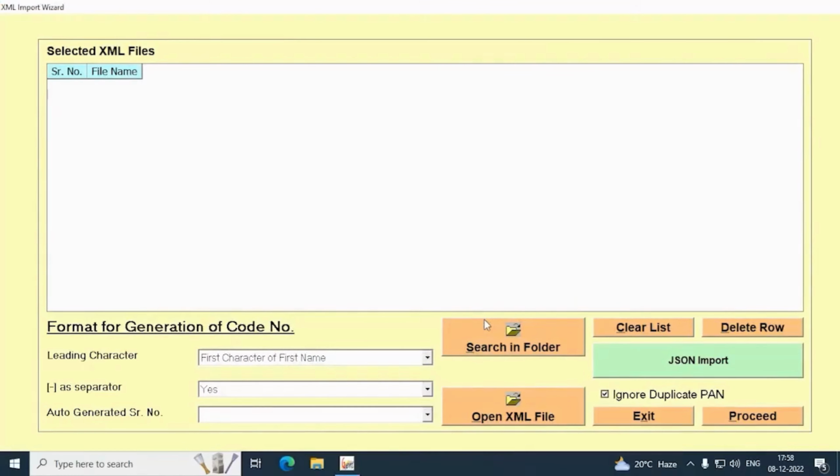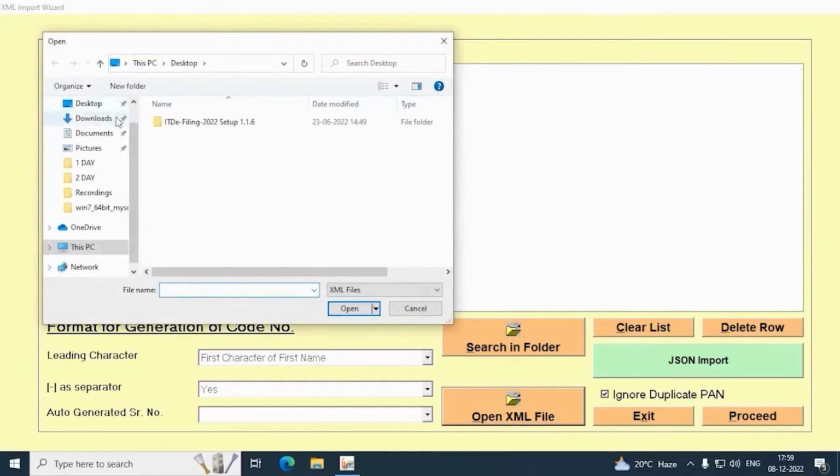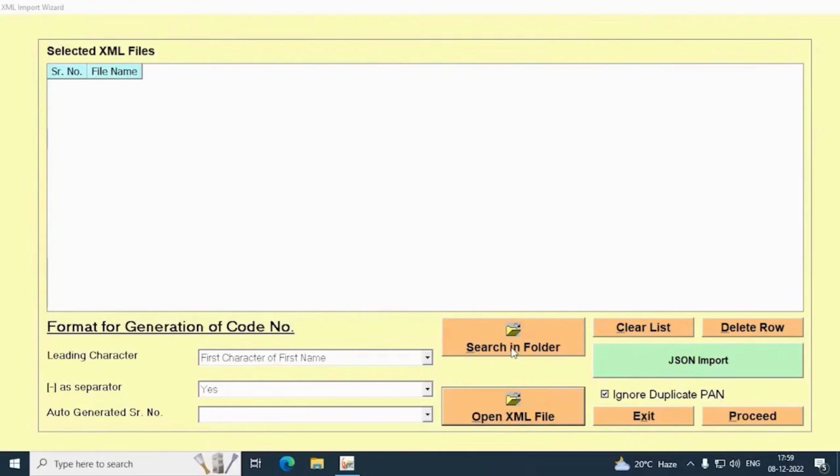Suppose you have many clients like 100 or 200 and you don't want to enter the masters of clients one by one, then you can import the masters of the same by selecting the XML or JSON file. If you have one particular file, then you can import it from here. And if you have a folder of them, then you can import the masters by clicking on search in folder.